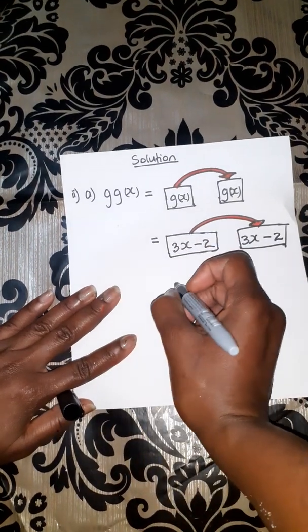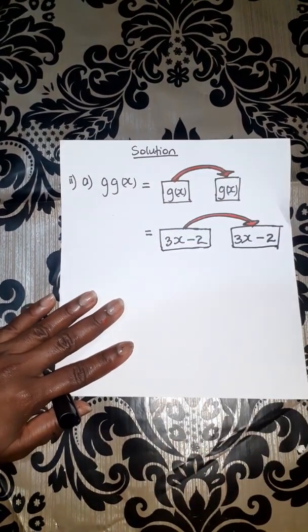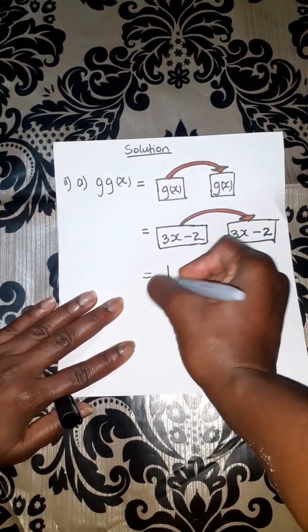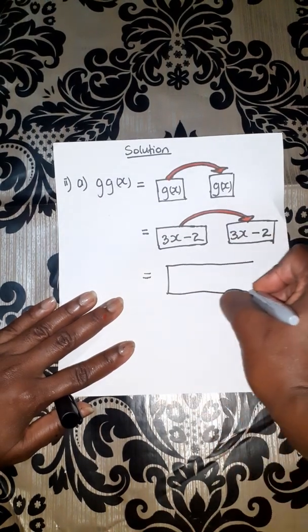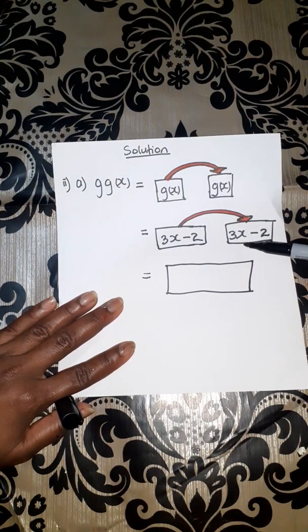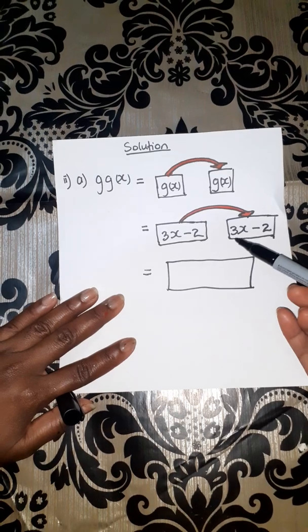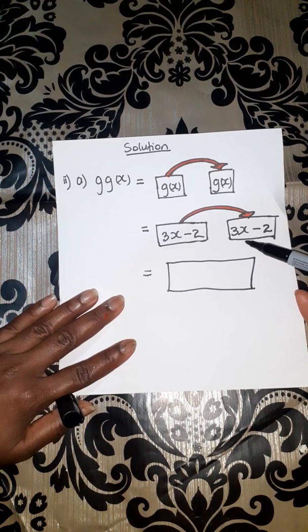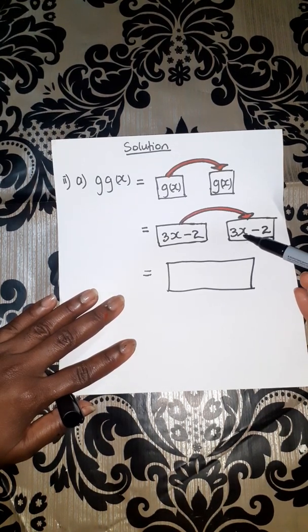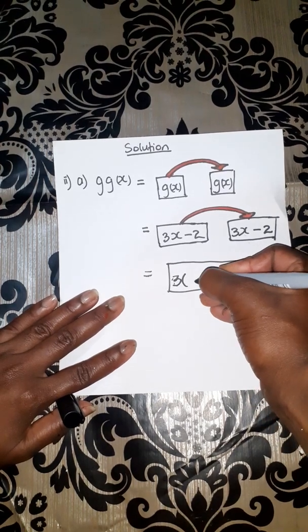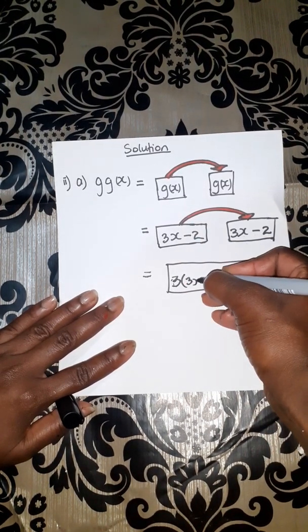So let's go. It's nothing you can't do. Believe me, you can do this. So let's put our box in. Our lovely box. Remember, this is the function that is going to have some replacement done to it. This x here is going to be replaced by all of this: 3 open bracket, 3x minus 2,